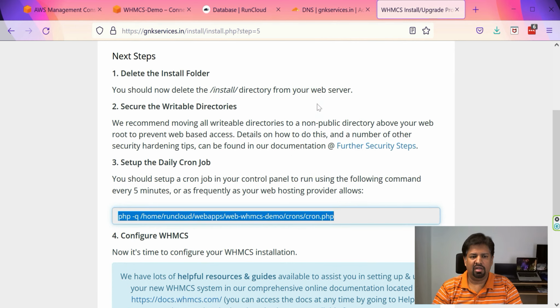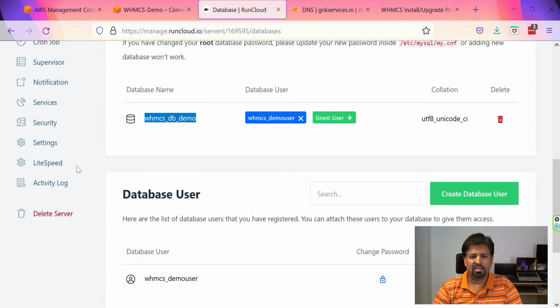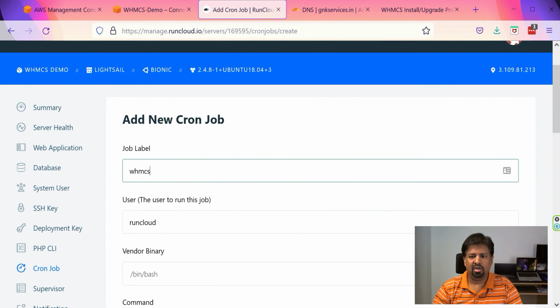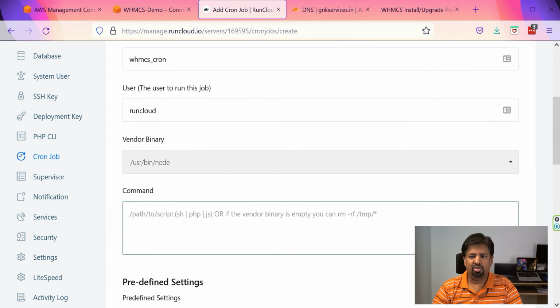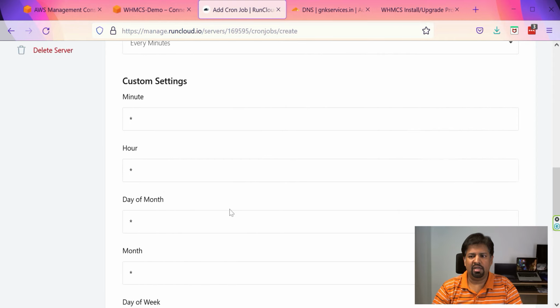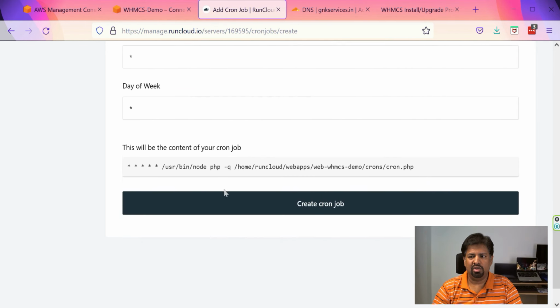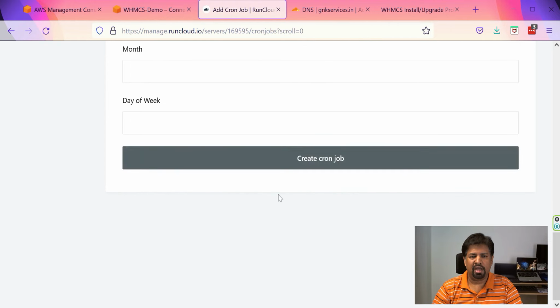And then create a cron job for the automated task. To run cron job, enter into your server, click on cron job, give a job label, choose vendor library as /usr/bin/node and copy paste the command.